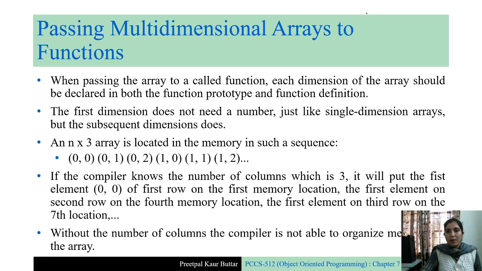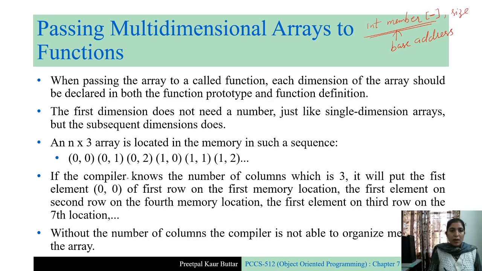just like single-dimensional arrays. Like in the example we did in the previous lecture, for passing a single-dimensional array, we just wrote int member and we left it blank. Why? Because the compiler only needs to load the base address. Okay, this can be left blank. We will pass another variable, size, which will tell how much this member spans. So we do not need to mention the size here.